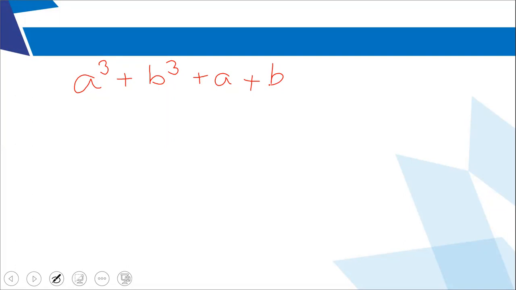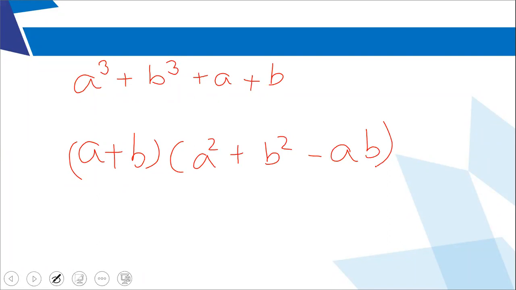Yes, Guneet. a square plus b square bracket a square minus ab plus b square. I don't know if that is the right answer. Okay. Abdul, please tell. I'm taking the names, so keep your audios off. Only that child will answer. Abdul, please answer. a plus b into a square plus b square minus ab.